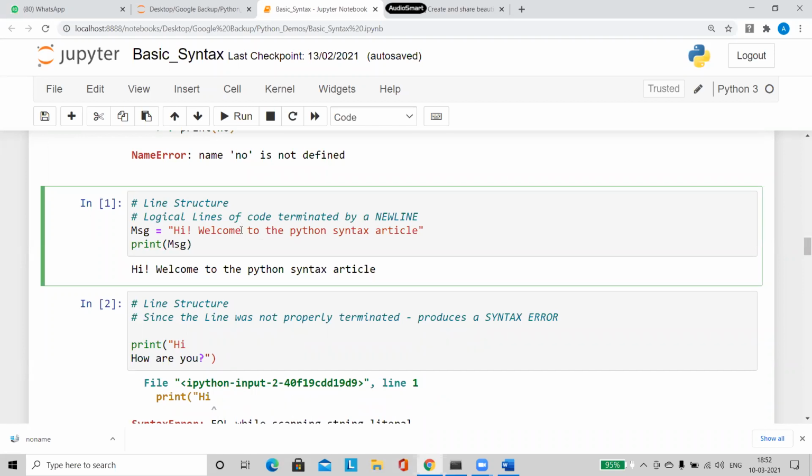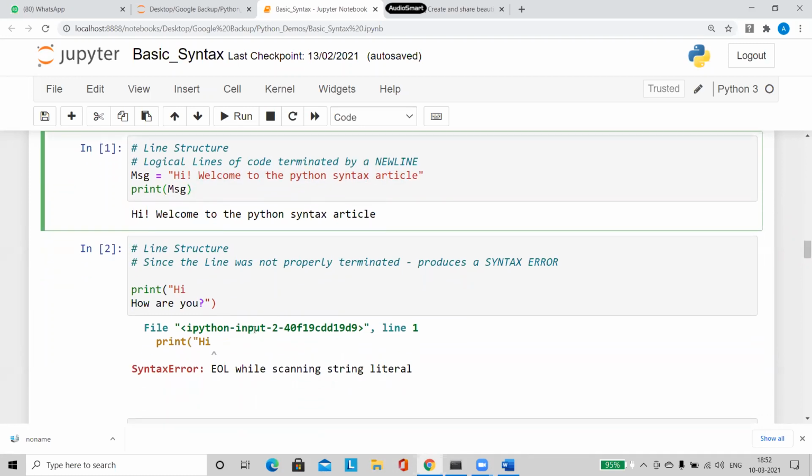When you are starting a single or double quote, we have to finish and close it out. We cannot carry it across multiple lines. That is not a correct way of doing it.